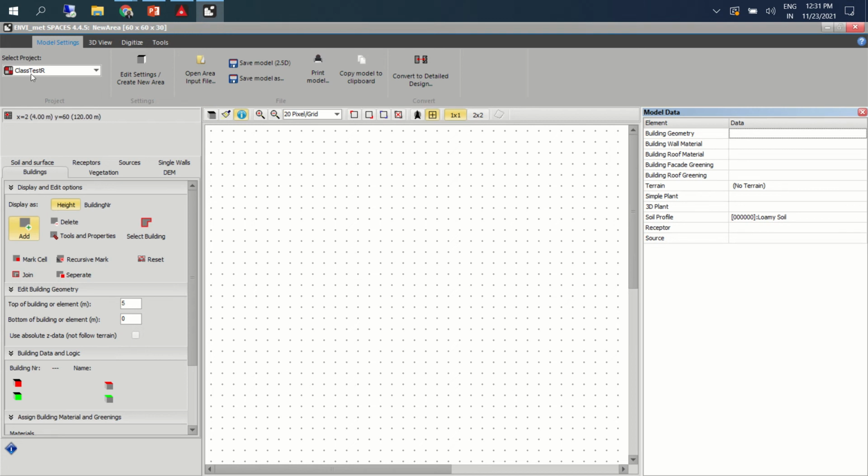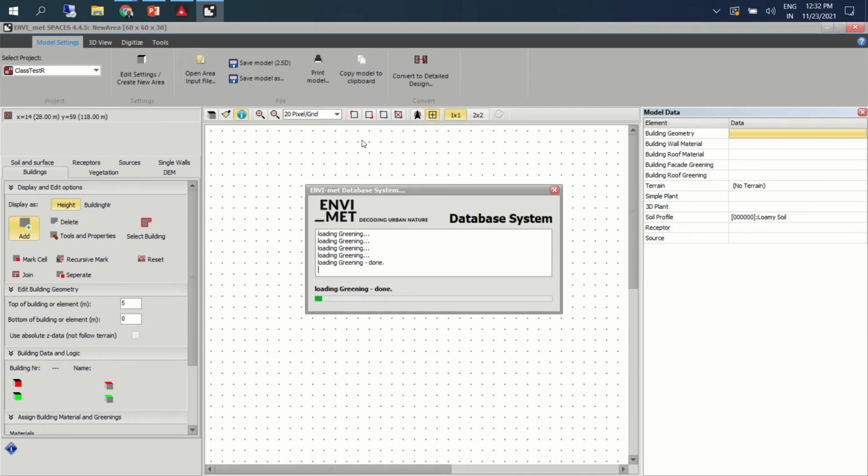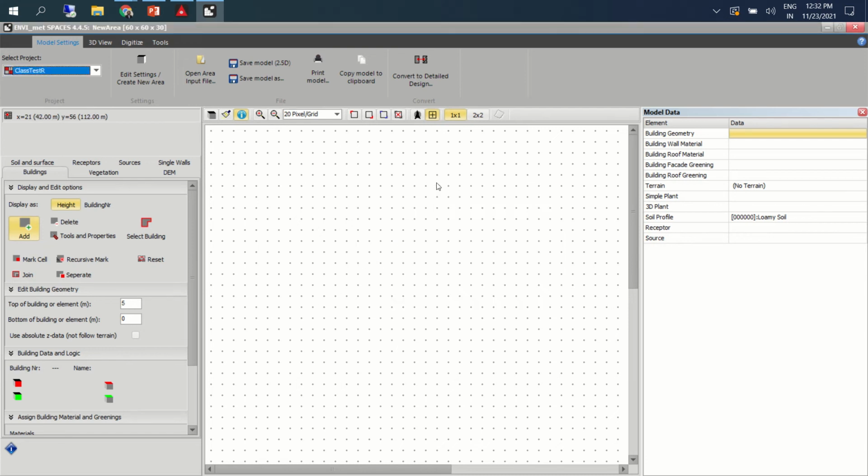You can see that since I have tested many projects here, those are listed. Otherwise, make sure that you are in the right project and modeling in the right file, because this will get assigned. If I keep on this tool and start modifying, the output will be different. So I'll keep this class test, which is what we created.